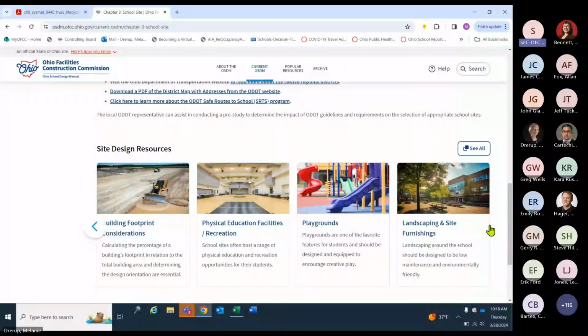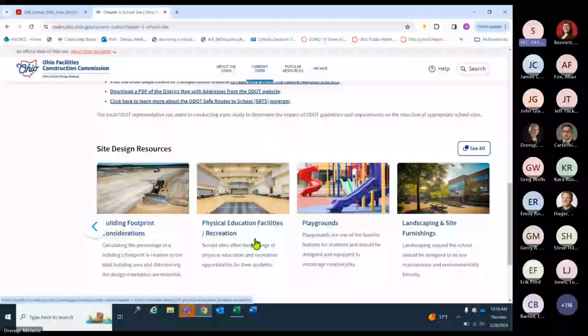Are you building a 2-story, a single story? Those have different considerations. Physical education facilities and recreation, playgrounds, landscaping, and site furnishings.